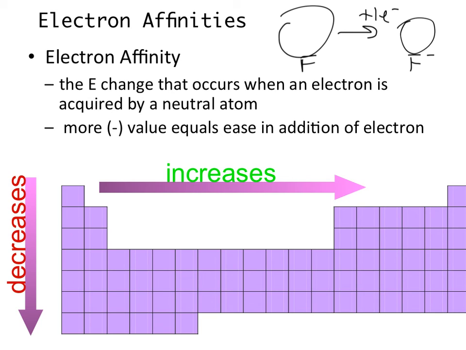So the more negative that value is, the easier the addition of that electron. Energy is released. It's what the atom wants to do. As we go from left to right on the periodic table, we're typically going to increase our electron affinity. More energy should be released as we acquire an electron. And top to bottom, it's going to decrease